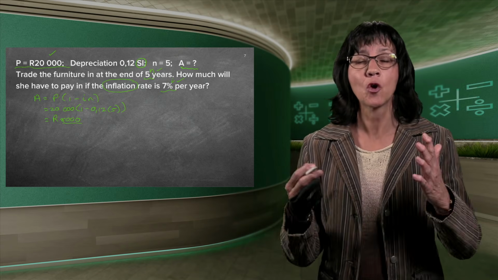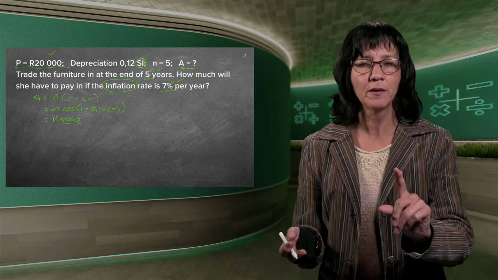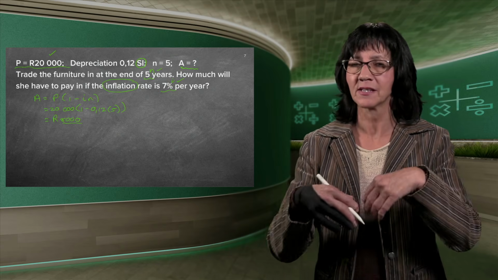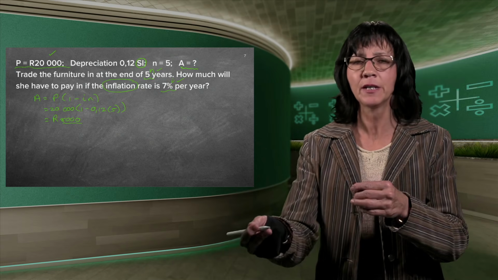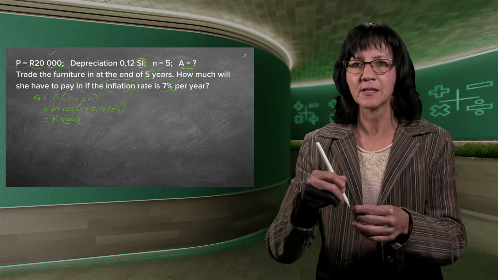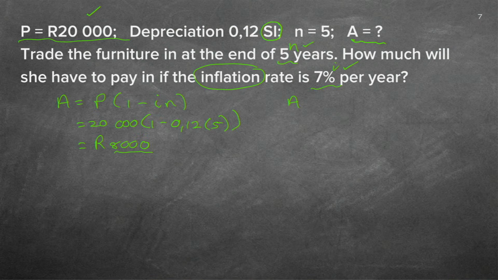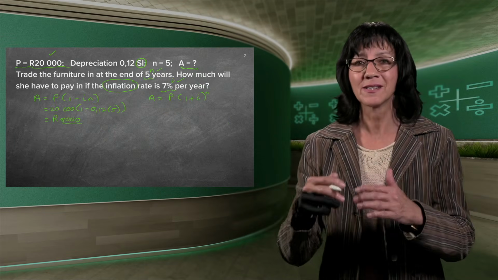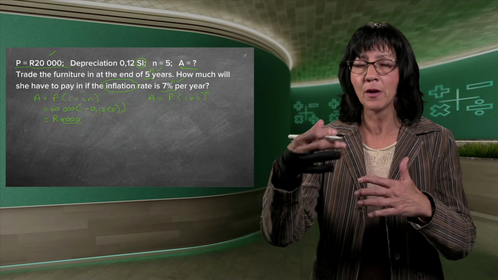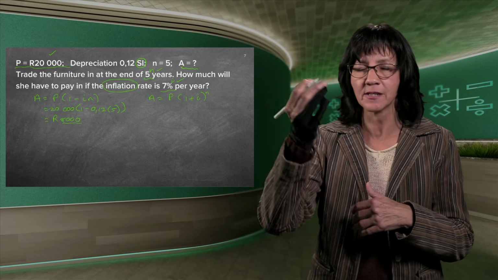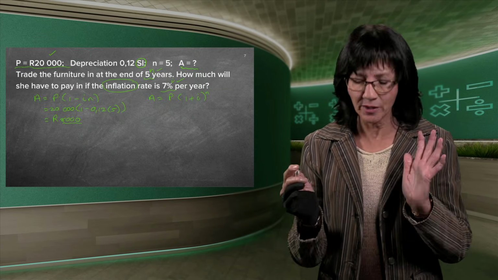So we need to do a compound formula because it's not just one interest that you work out and it's the same for all the years. Every new year you work out interest on the previous year's balance. So we need the compound formula. And remember, how do we differ between the two? Simple, straightforward, straight line, all on one line is the first formula. Compound is a little bit more complicated. That's why it's an exponential equation. The n is now hanging in the air. But other than that, we just do exactly the same thing.